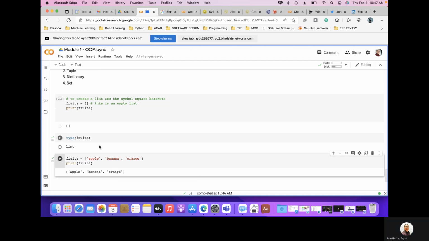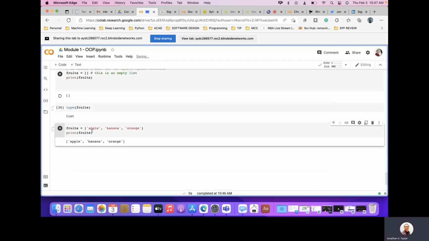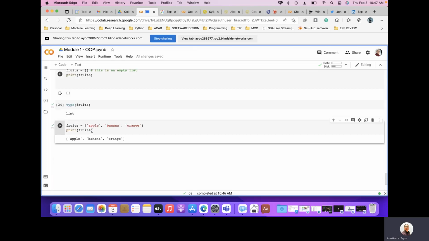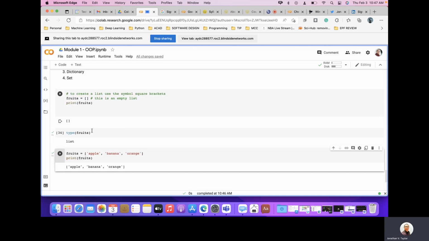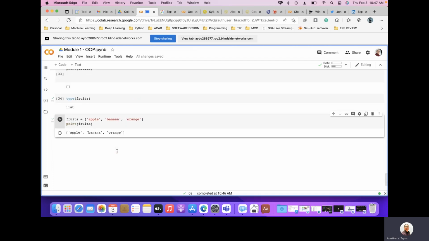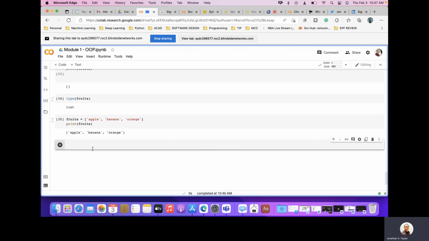So, yan po yung pag-create ng list natin. Alright? That's how we can create a list. Remember that a list is created by using the square brackets. Okay? Number 2, let's try to create